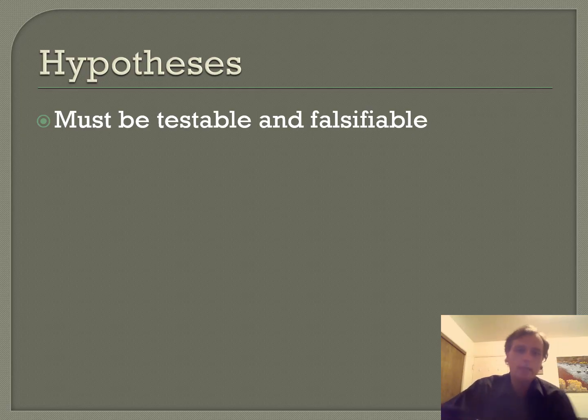So, hypotheses. Your book talks a little bit about this, so I'm going to talk a little bit about it as well. Hypotheses must be testable and falsifiable. A hypothesis is basically a prediction about how an independent variable affects a dependent variable. In our last example, the independent variable was taking sleeping pills, and the dependent variable was mortality or frequency of death. So any good hypothesis must be testable and falsifiable. It must be possible to prove the hypothesis wrong.